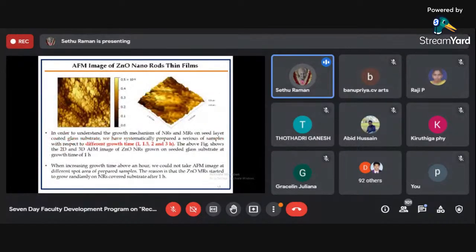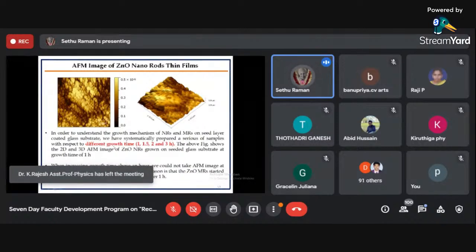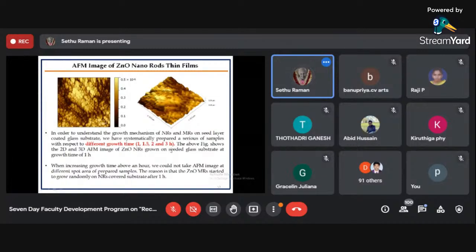This is the AFM images of zinc oxide nanorod films. In order to understand the growth mechanism of nanorods and microrods on seed layer coated glass substrate, I told you that we have prepared growth at different times: 1 hour, 1.5 and 2 and 3 hours. This is the 1 hour sample. For the 1.5 hour sample, we cannot take an AFM image due to high surface roughness of the zinc oxide microrod arrays. So we could not take AFM images at different spots of the prepared sample due to the high